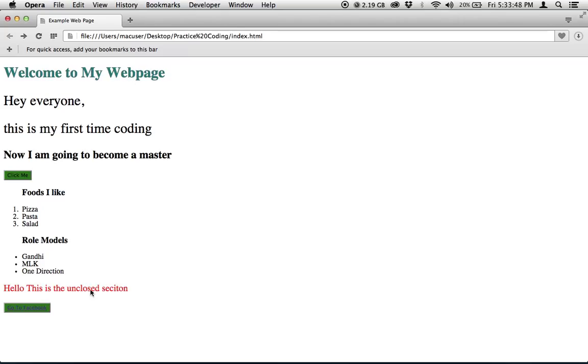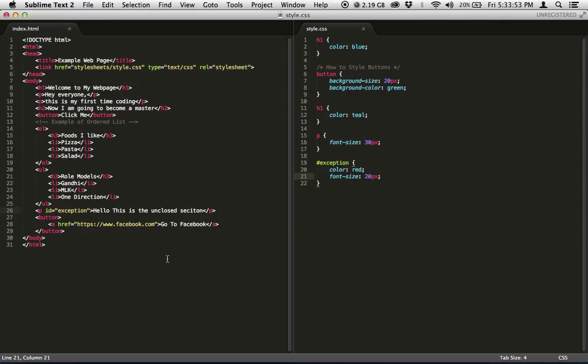Bam! Right here. Solve this issue right here. The other, IDs, are rarely used, because IDs are normally for something you're only going to use once, one time. Because what if you wanted to say, for example,